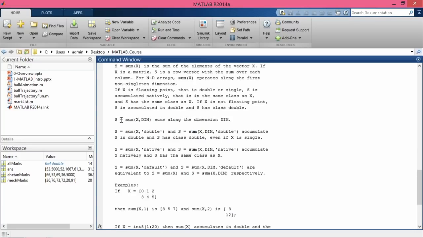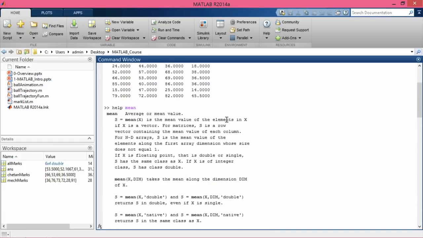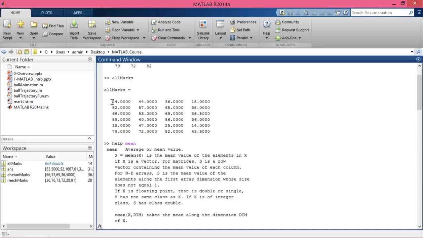Okay. And what we see over here in one of the things in the help section is S equal to sum x comma dimension, sums along the dimension dim. Okay. So, let us go back to the all marks array over here. So, what we wanted to do is we wanted to sum over all the columns. So, sum over column 1 plus column 2 plus column 3 plus column 4. Okay. So,